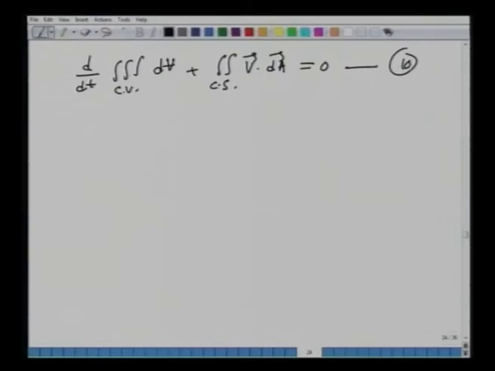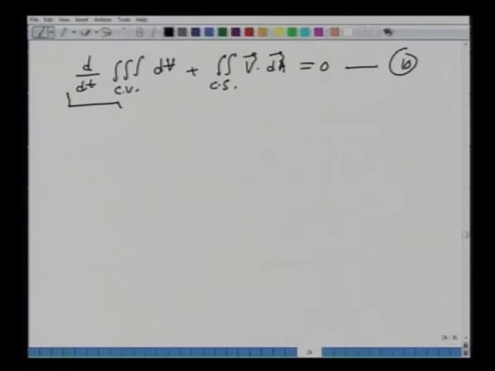Now, what we do is we look at these two expressions individually. All right. Just think about physically what this quantity is representing. Let us leave the d by dt aside for a second and think about the integral over the whole volume within the control volume. If you put rho here, it is basically the total mass which is there in the control volume, all right, but rho is out, so it is the total volume.